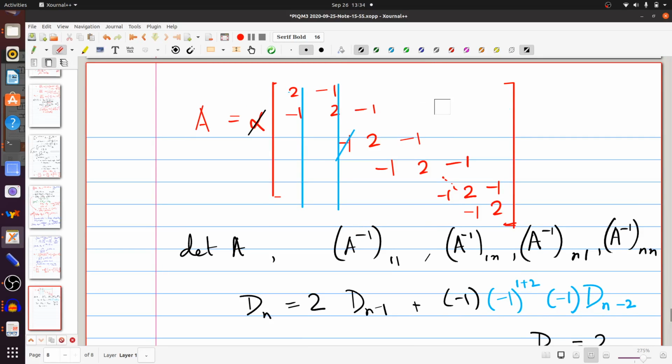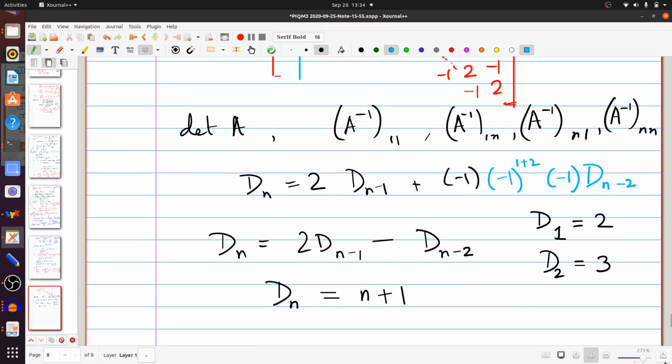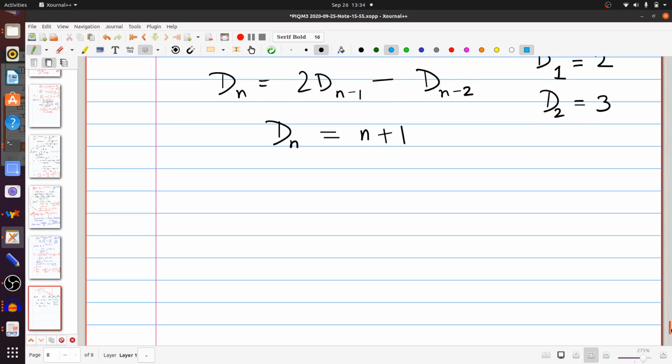Now let us try to figure out the inverses, or a few elements of the inverse. A inverse 1, 1, for example. To find A inverse 1, 1, what I need to do, of course, is find out the cofactor of the 1, 1th element and divide by the determinant of the full matrix. So, to find the cofactor, get rid of this, and then you're done, because the cofactor now is simply obviously dn minus 1. So you can write down the A inverse 1, 1 rather trivially as dn minus 1 divided by dn,